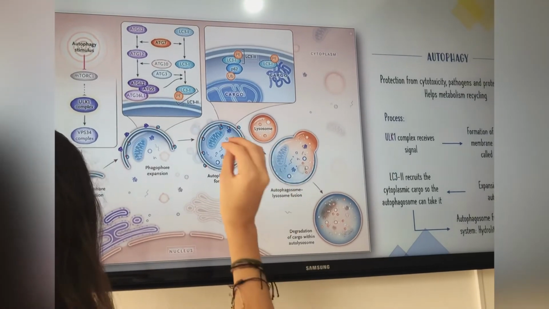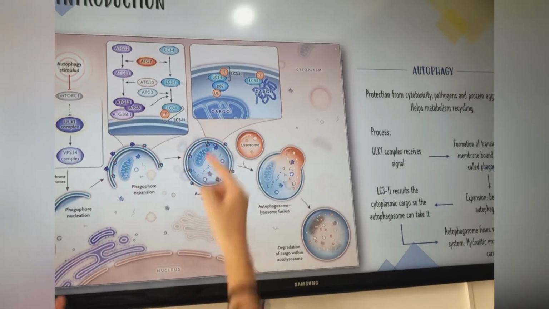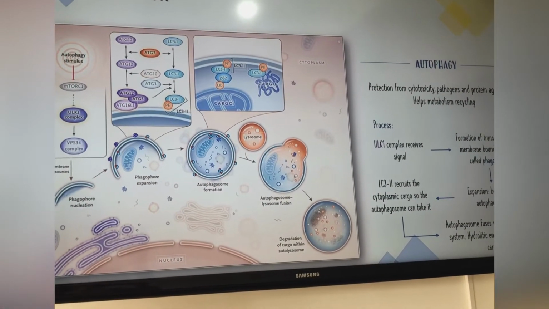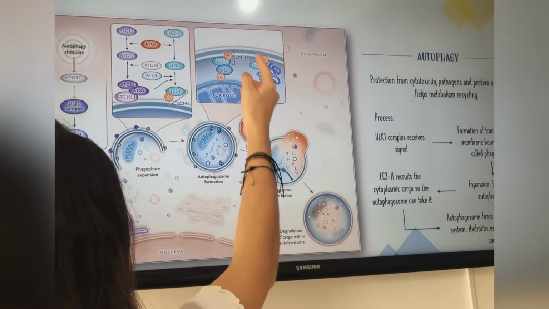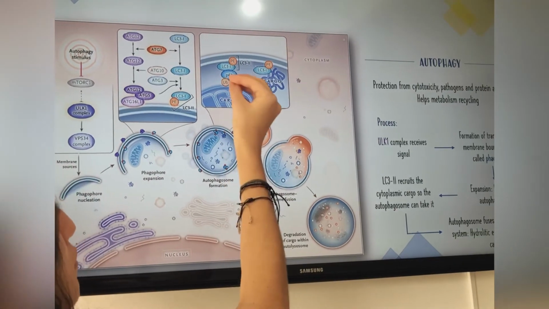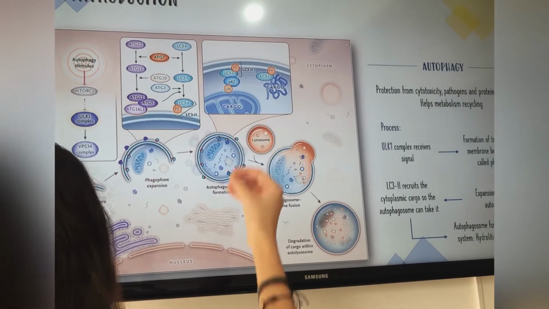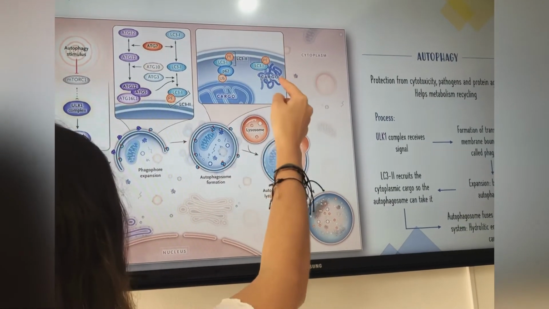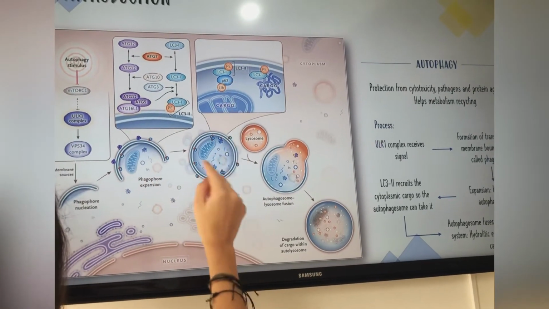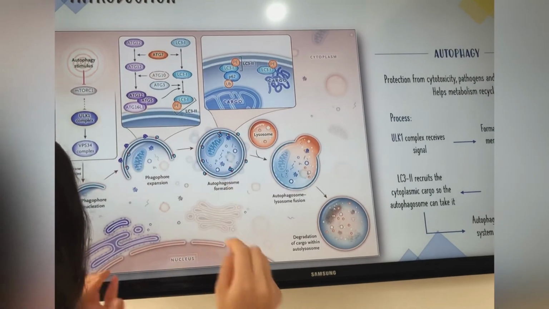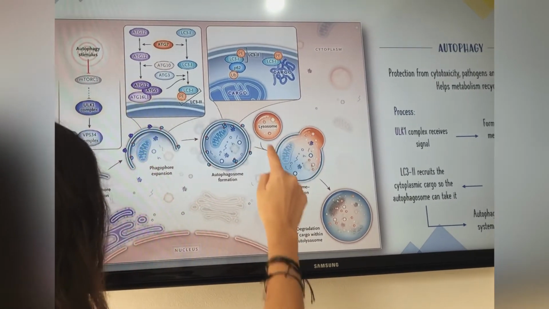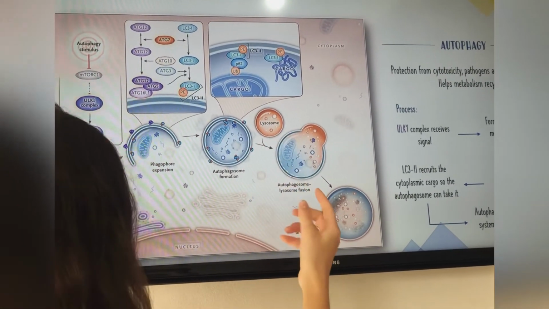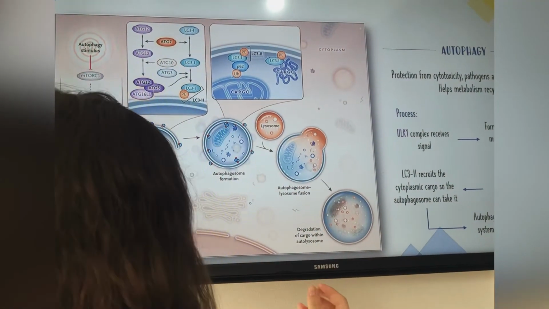Then inside of the autophagosome we have the cargo, that is the organelle or protein we have to eliminate. So the LC32 complex links to the cargo, it can link directly or by a receptor, that is the P62. Then the autophagosome fuses with the lysosome, and the lysosome has hydrolytic enzymes, so it helps to